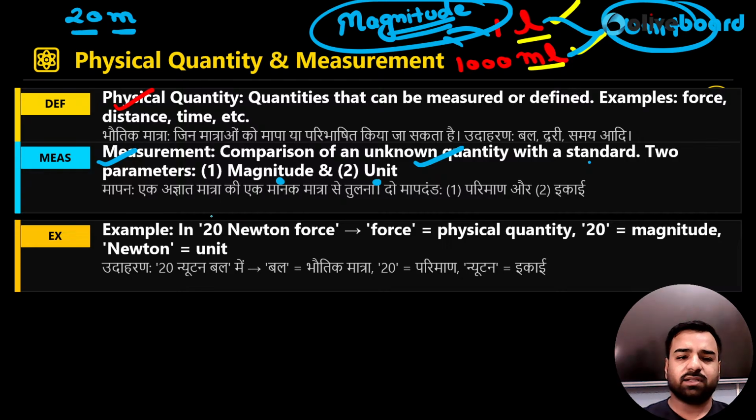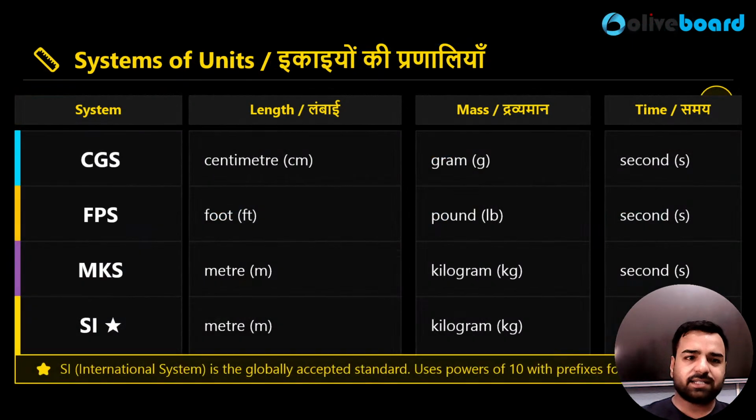So let's take an example, 20 newtons of force, where force is a physical quantity and 20 is the magnitude. Also Newton is the unit. Now guys, in this chapter we have already started it, but we'll discuss some of the numericals. We are also going to discuss dimensional analysis, because in most cases we are aware of the units. That's the basic concept, right? But when questions are asked from the dimension formula, most of us think it's quite a typical topic. Let's leave it. But there is no need to leave it. We'll discuss this in the next 15 or 20 minutes. First of all, let's start with this units part.